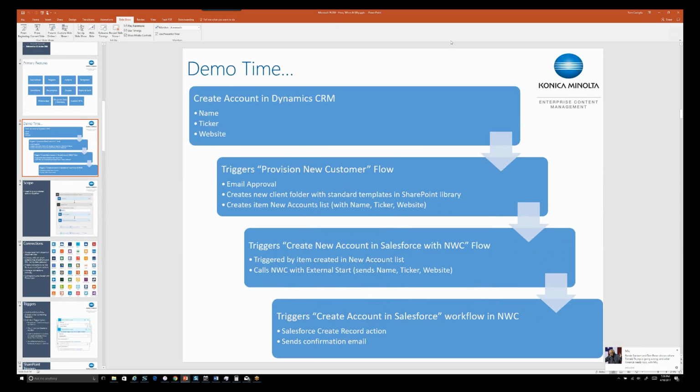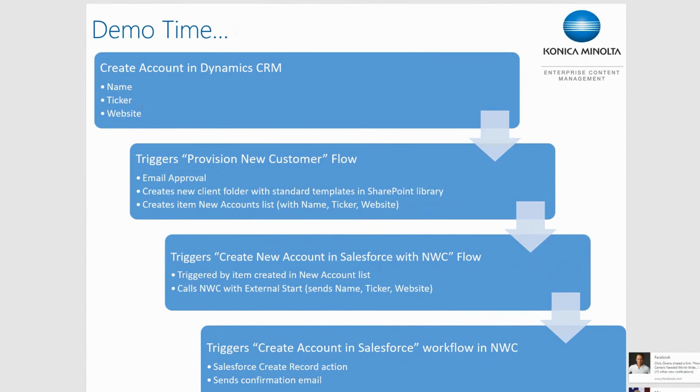So the idea here is I'm going to log into Dynamics CRM and enter a new account. All I need to populate is the name of the account, the ticker symbol, and the web address. Those are the only attributes I care about. That's going to trigger my flow. The use case here is that when we add a new account or an opportunity for a salesperson in CRM, or this could be Salesforce or some other CRM type system, what I want to do is provision some content